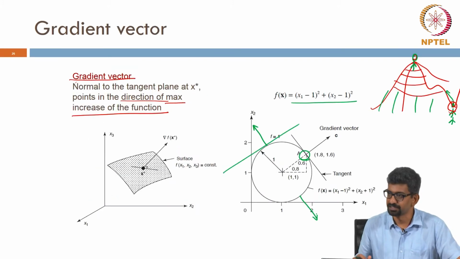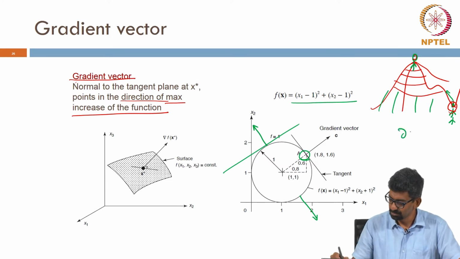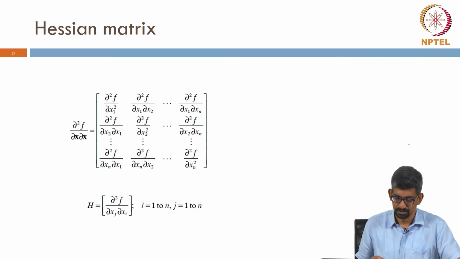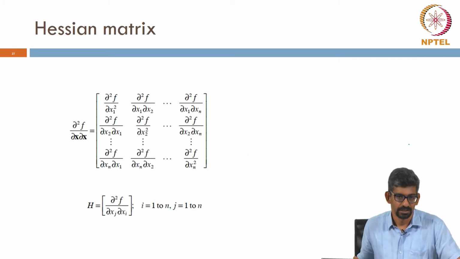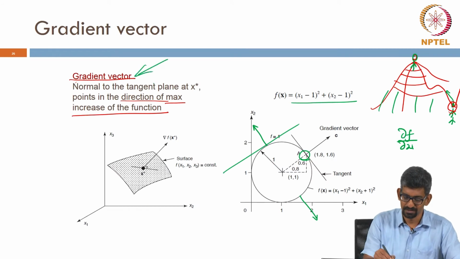Now, this is a first order business. Obviously, what is the second order? It is d squared f. The other one is the Hessian. What is this guy called? Gradient is also called as